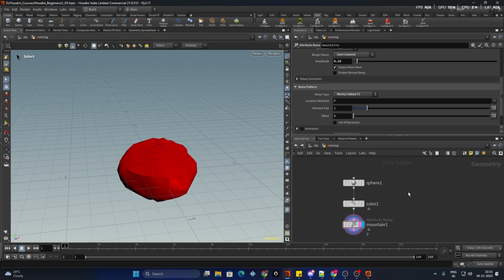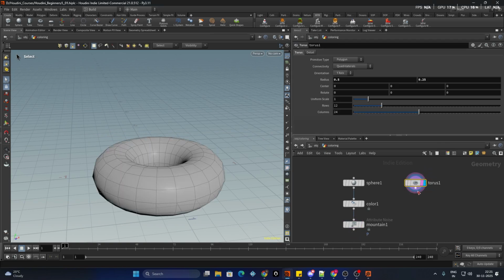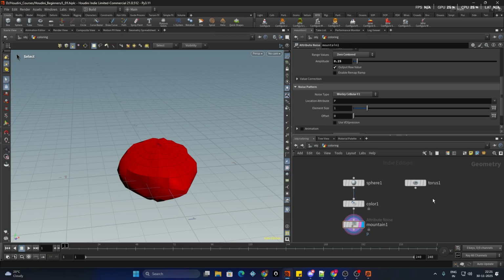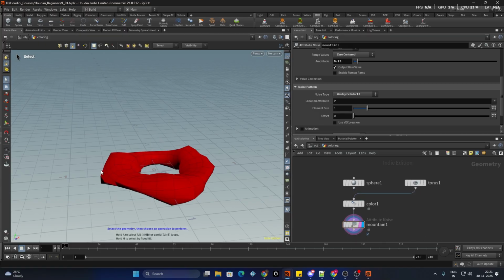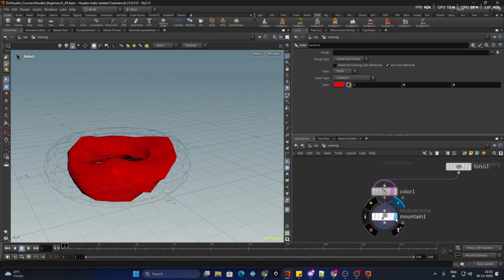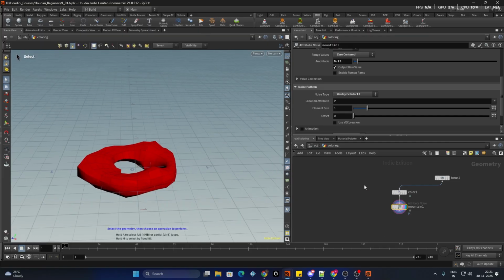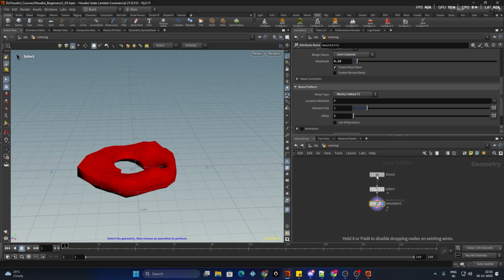Now let's say your client gives you the new geometry, and that is going to be, for example, a torus. You just connect the torus to the color and get rid of the sphere, and everything else happens automatically. Now you have applied the color and also this mountain. So this makes Houdini very, very powerful because it has this non-destructive workflow that helps us save time,